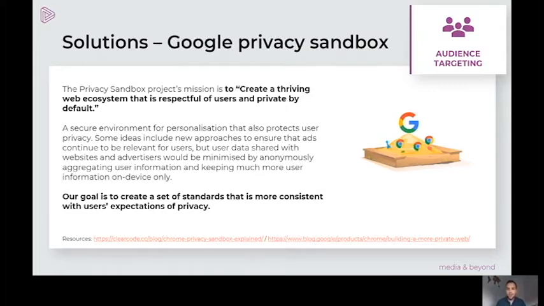But obviously, one of the very, very key ones is audience targeting. Now, the idea within Privacy Sandbox at the moment is that it will still allow for audience targeting like we have now. So let's say you wanted to go after that group of people likely to buy a car, you could still go after those people, but rather than that audience having been defined by third-party cookies, essentially it would be defined by their browser behavior still, but not stored in third-party cookies, but stored in a private walled garden